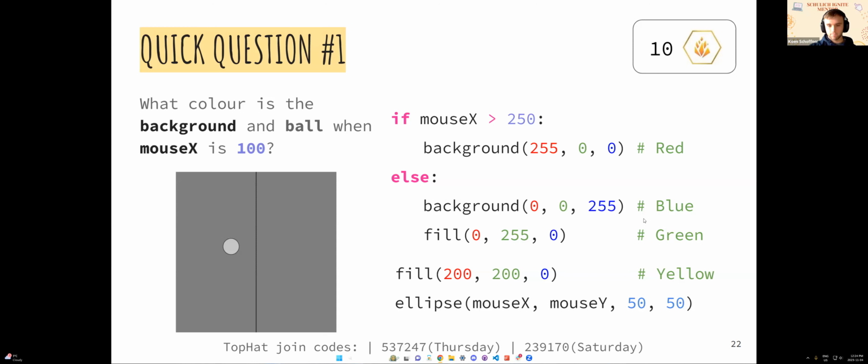That's fine. But then we have this fill statement here that's changing the color of something to green. But if you notice, the fill is within the else statement, and it's not actually filling anything because there's no circle underneath it. Regardless, even if there was an ellipse underneath here, it wouldn't fill anything. We have this fill here that's going to set the color of the circle, or the ball, to yellow regardless.